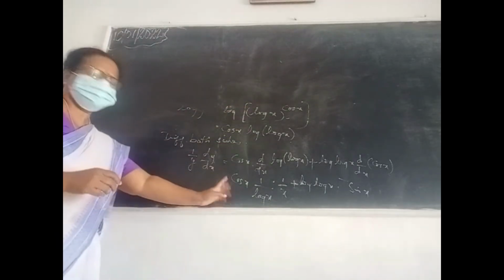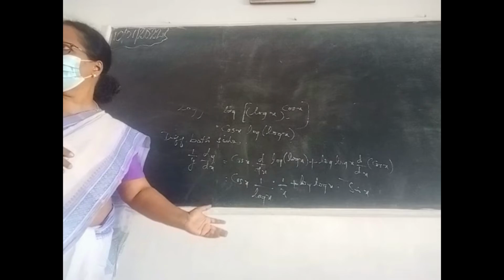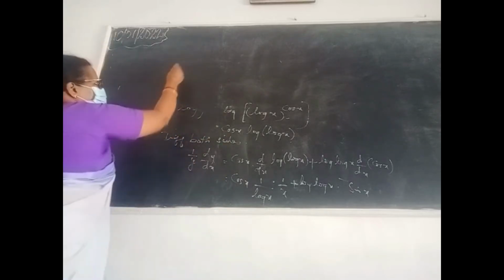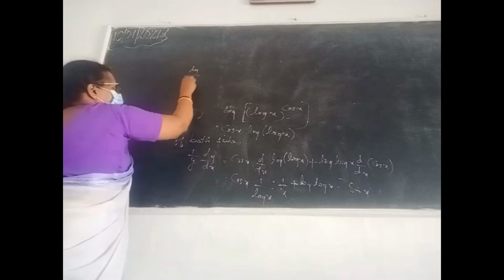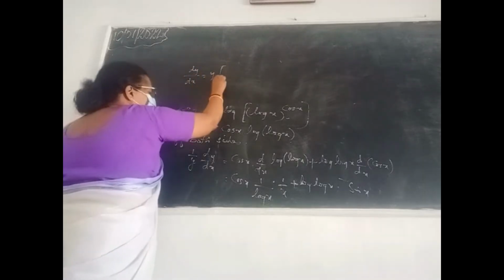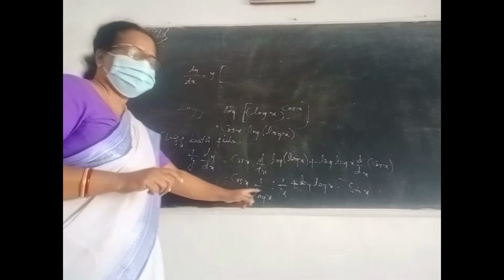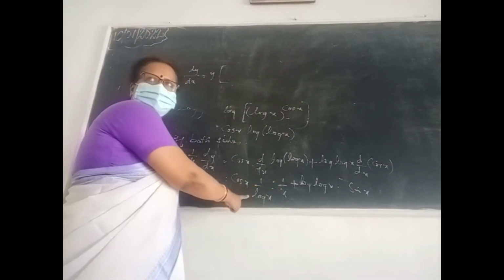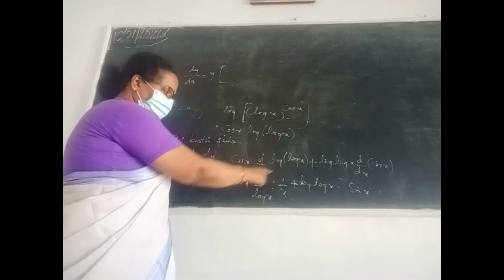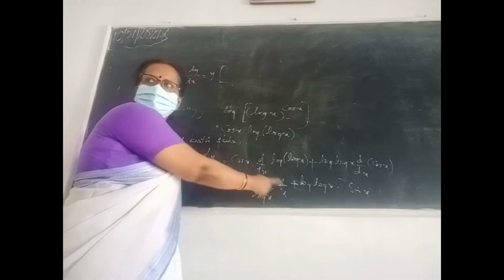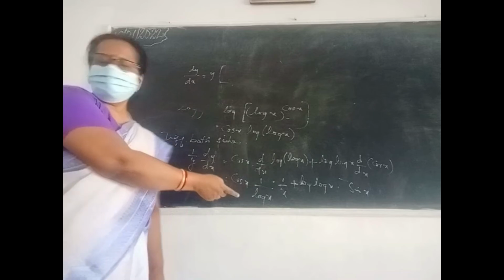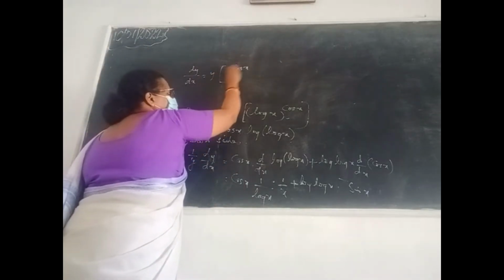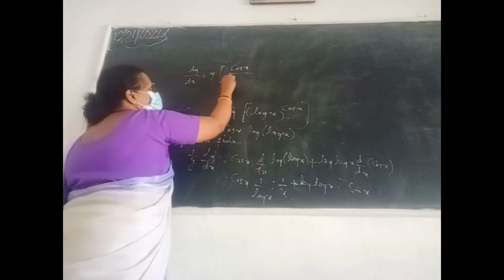Now up to this differentiation finished, we can write the answer. What is dy by dx? We will take that y to the right hand side. So let us write what is dy by dx. dy by dx equal to y into, this one rearrange and write. What is it? x can come to front. So cos x is the numerator and denominator is x log x. So what we can write? Cos x by x log x.